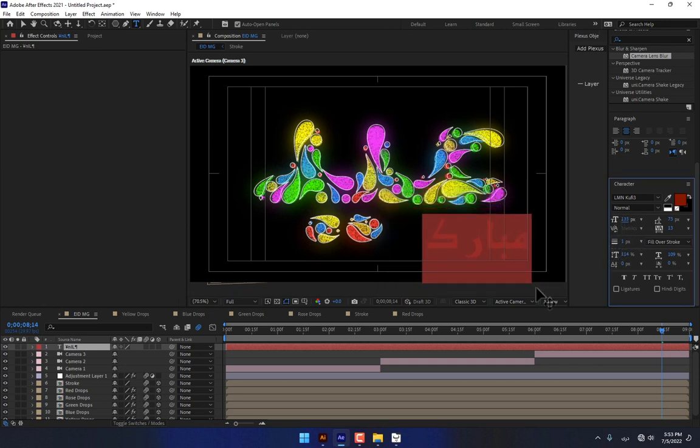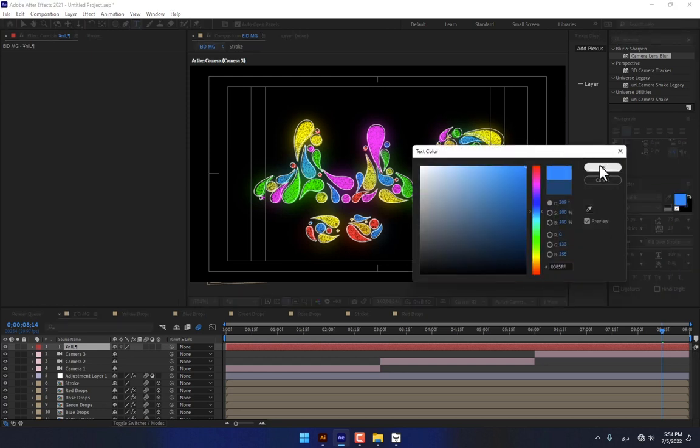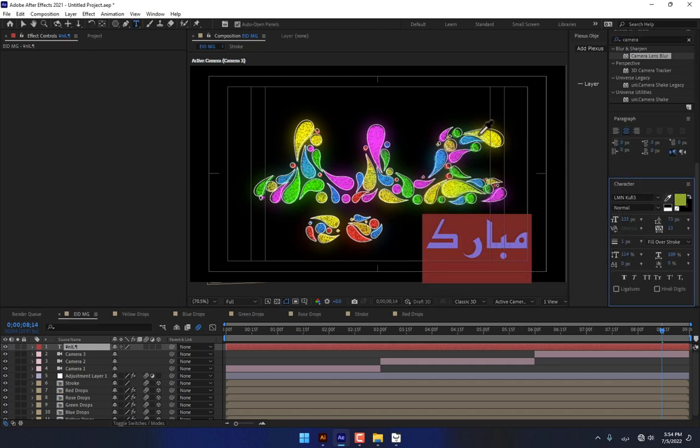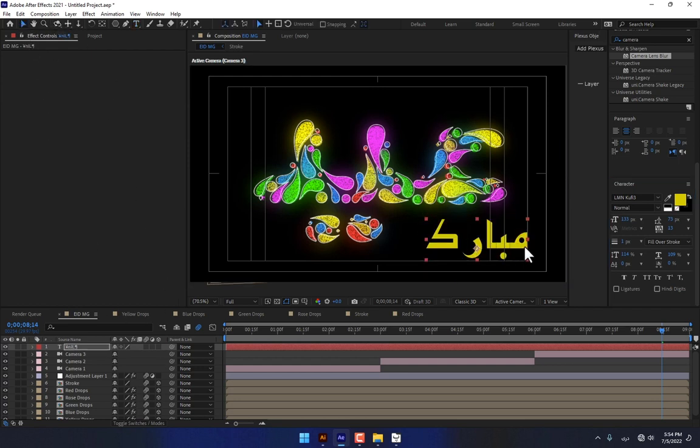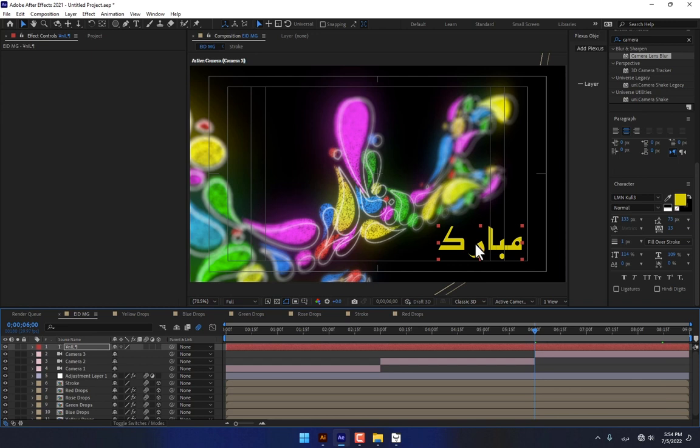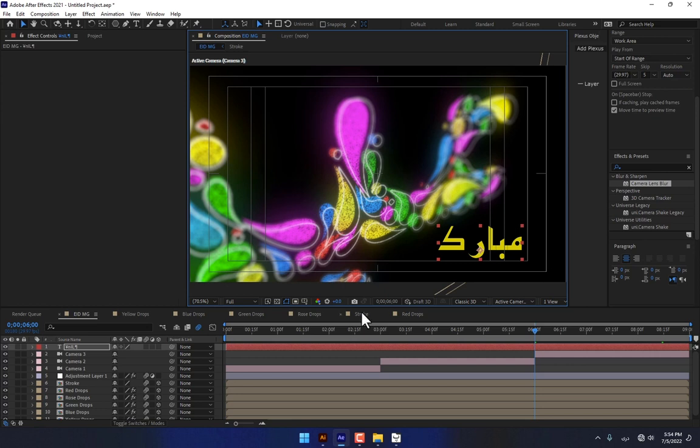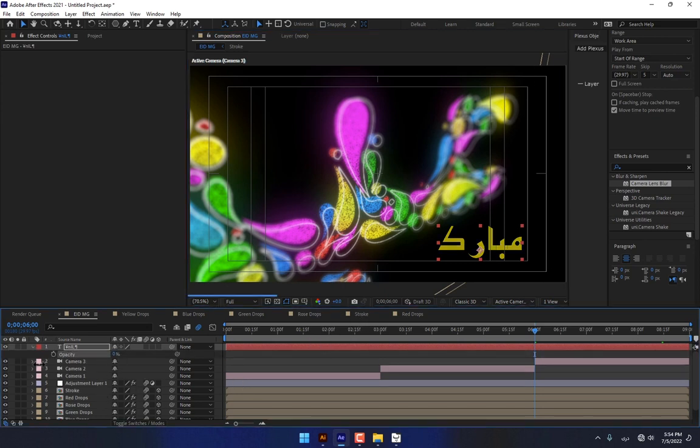this font is beautiful, and change the color to bright blue or yellow. Select this title and press T, turn on the opacity,